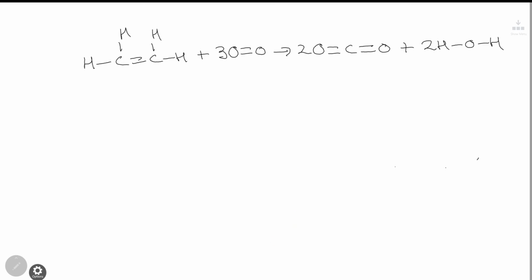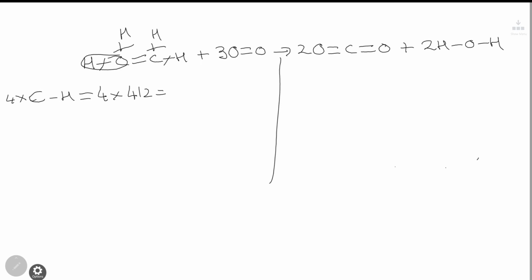Okay, so we've drawn out the molecule here, and we are going to again divide it in 2, and we're going to count up the bonds that we have got and each of the different types of bonds. So on the left hand side, the first bond I can see that we've got here is a C to H bond. Now I can see that I've got 1, 2, 3, 4 of this type of bond. So looking at the table, the CH bond value is 412, and I'll come back to doing the maths in